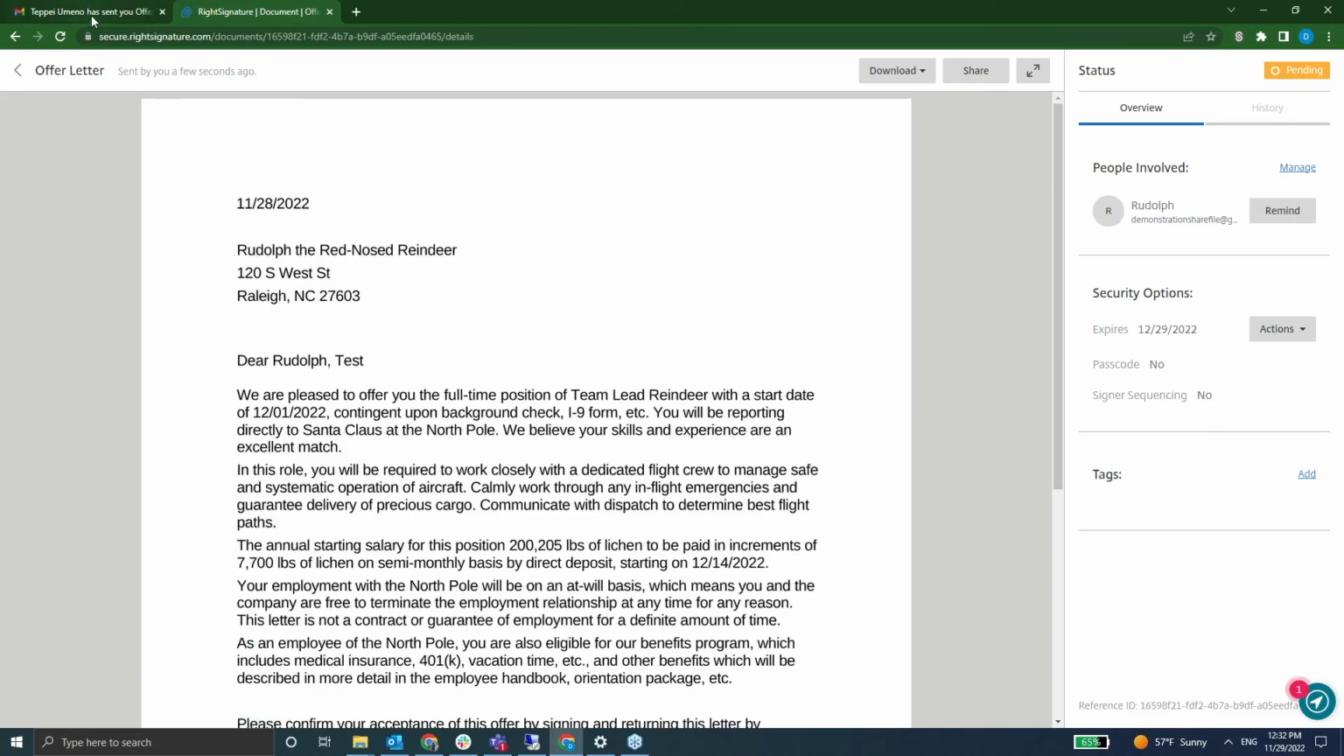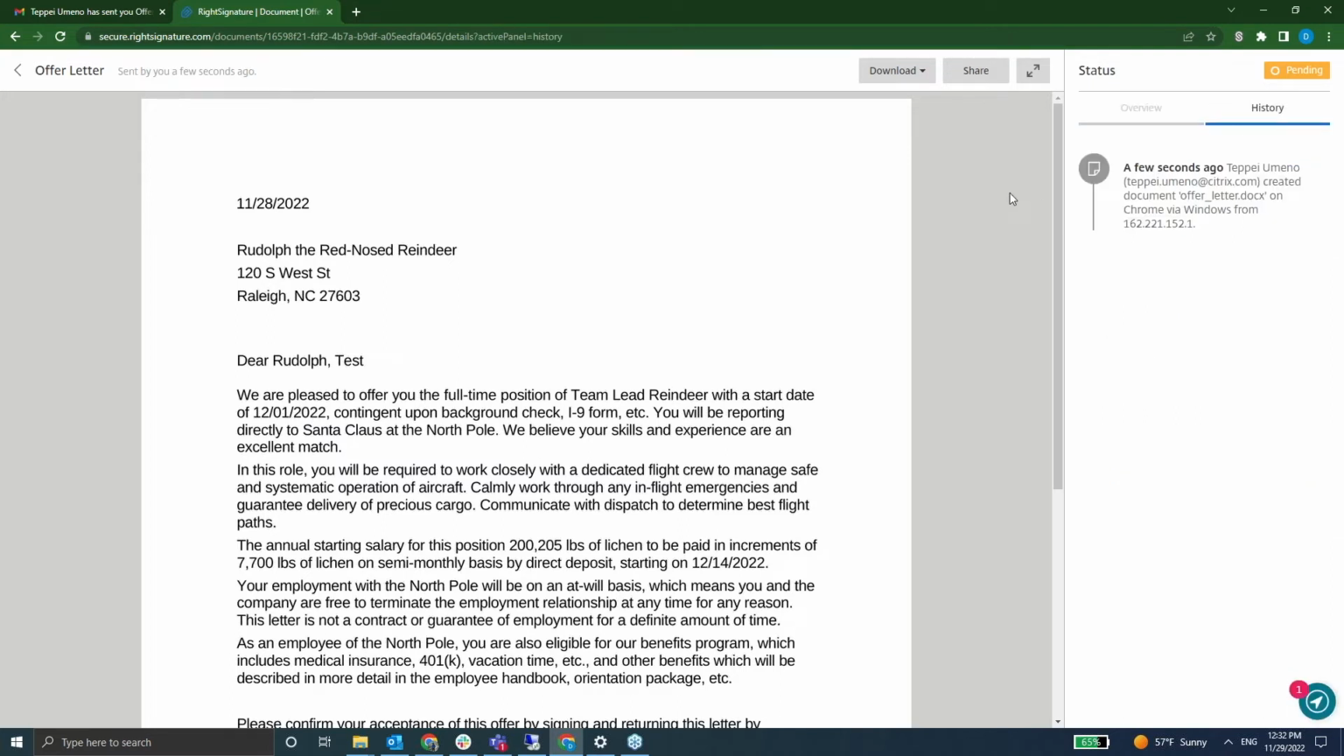And off it goes. This is a great page to see what is actually happening on the document. We can see the overview. If you click on history real quick, Tepe, we'll see a history of everything transacting on the document itself. Of course, as you see, a few seconds ago Tepe sent this out. It shows what computer, its IP address, stuff like that. If we go back over to overview,